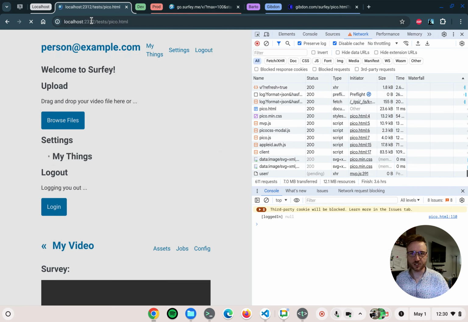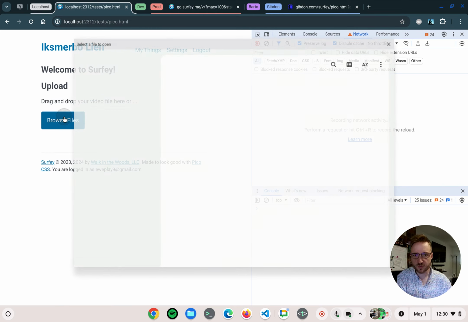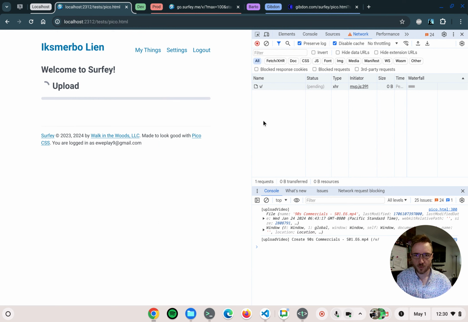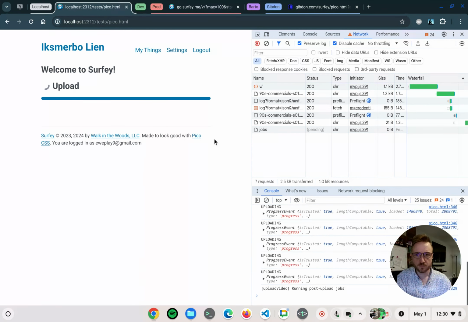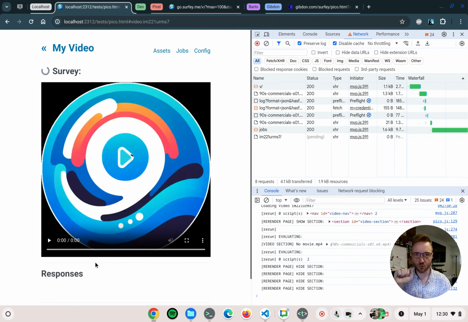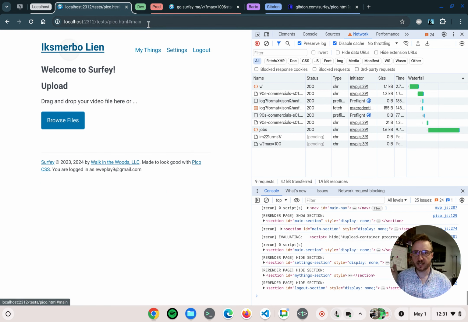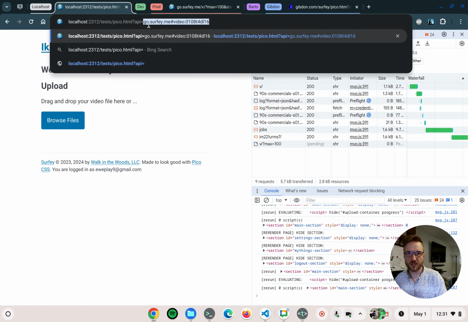Just for completeness, I can log in locally, and I'm logged in as myself, and I'll upload a new commercial. And this is localhost going against localhost. You see in the address bar. So right now there's no CORS happening. That works. So what we can try next is let's try localhost to the API,